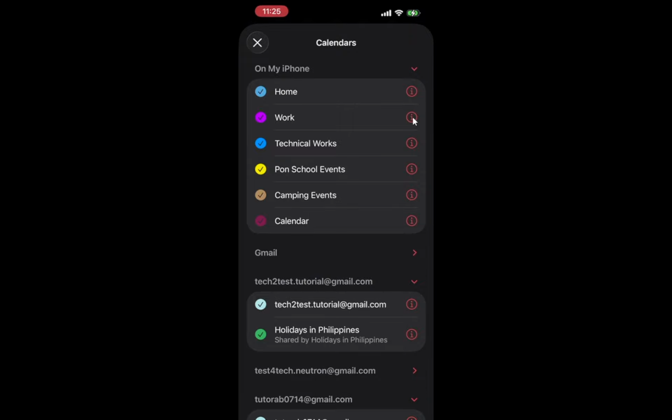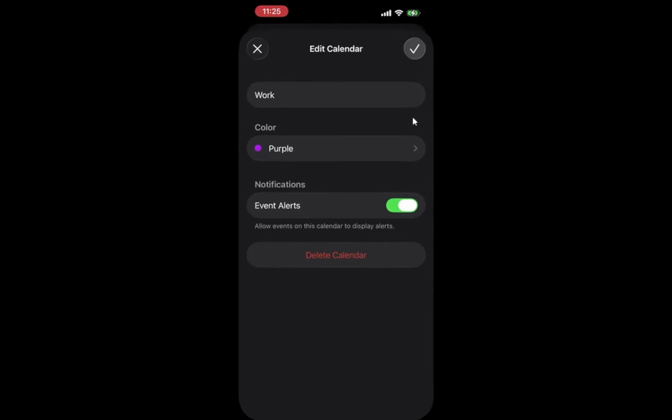Once you have located the right calendar, tap the Info button next to it. The Info button looks like a small letter I inside a circle. This opens the settings page for that single calendar. On this screen, you can see the calendar name, whether alerts are allowed, and most importantly, you will see the current color option with a colored dot. Beginners often miss that they must tap directly on the calendar name row with the info icon, not on the colored dot in the list.